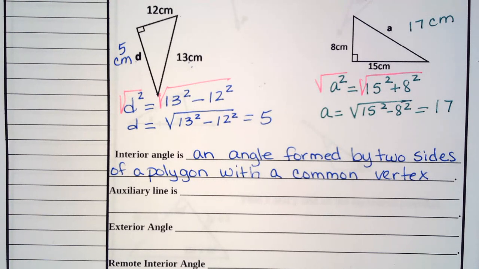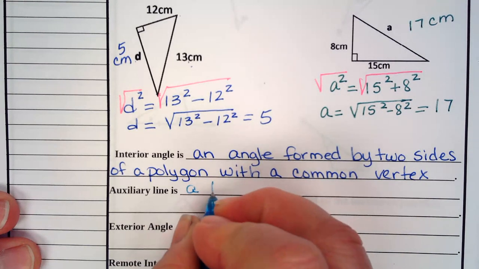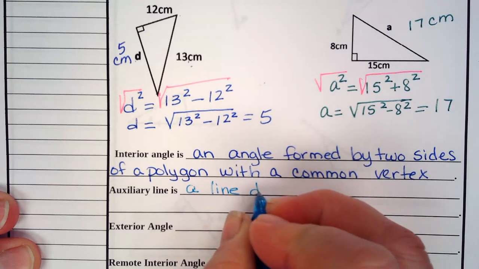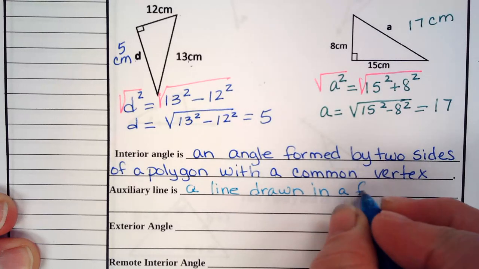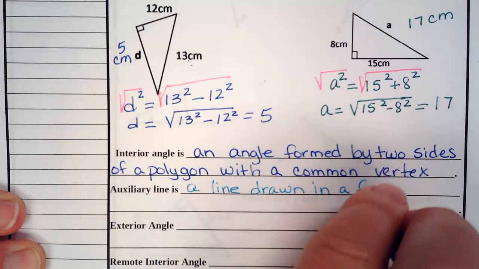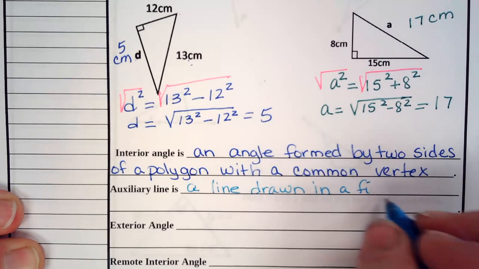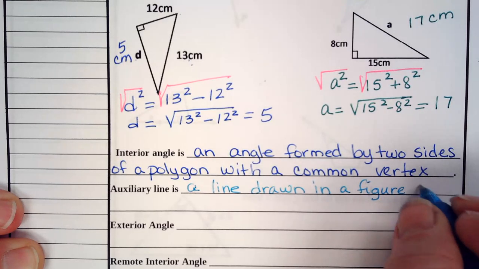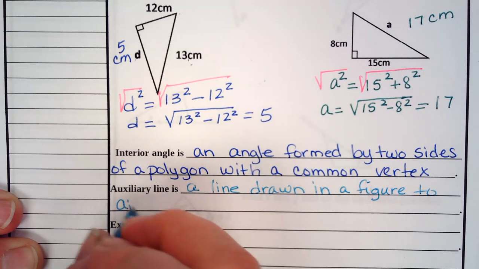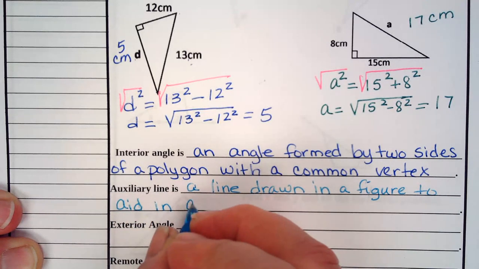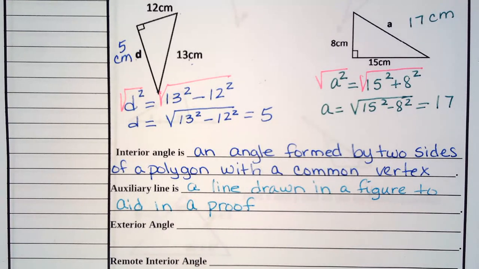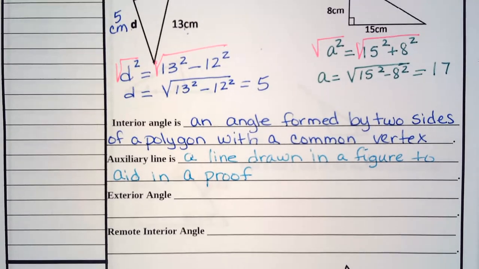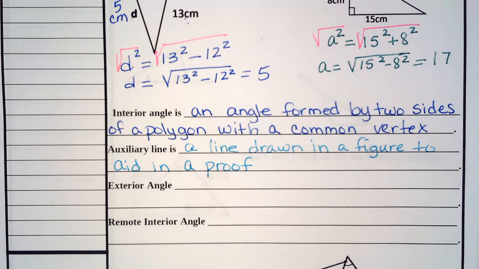So an auxiliary line is a line drawn in a figure to aid in a proof. Okay, that brings us to